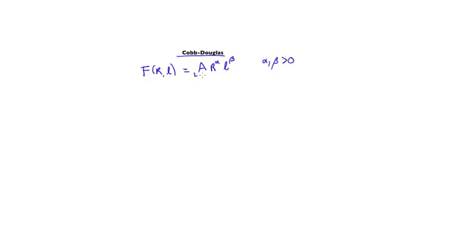Now A, which you can think of as a constant also greater than 0 that scales production up and down, is called total factor productivity,